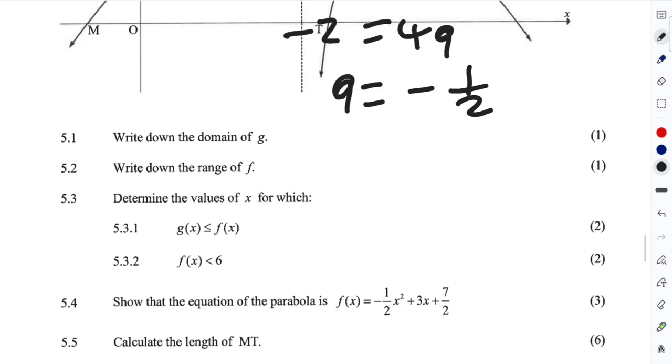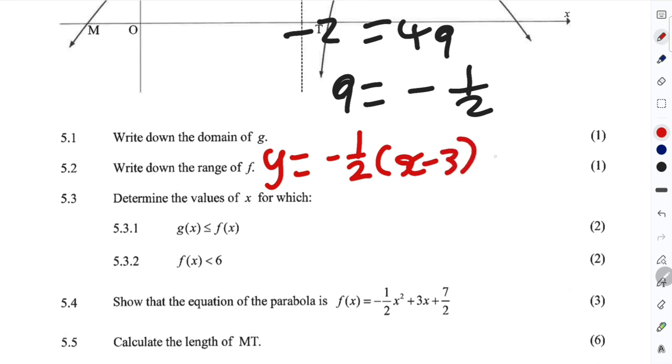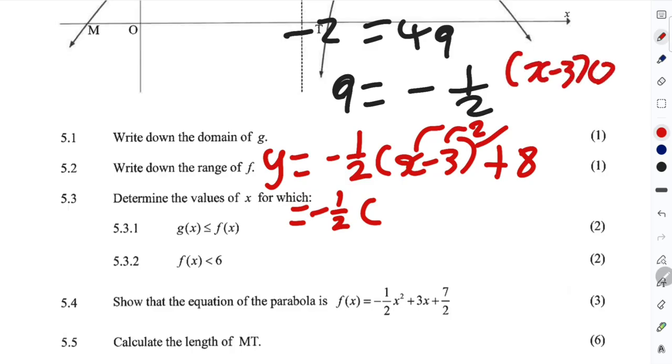Therefore, how do I write it in this form? To write it in that form, y equals, my a is negative half, times (x minus 3) squared plus 8. Then all I need to do is multiply. This is squared, so it is 2 brackets: x minus 3 multiplied by x minus 3. Remember, you don't multiply it like x squared and 3 squared, no. If it was multiplication inside, you would do that, but because there's a minus or a plus, it's 2 brackets. That will give me x squared minus 6x plus 9